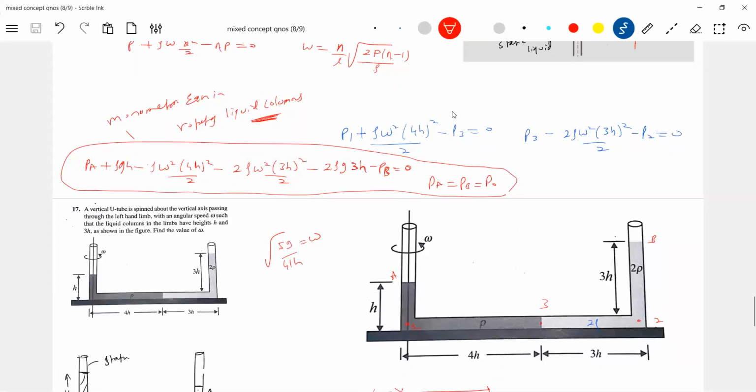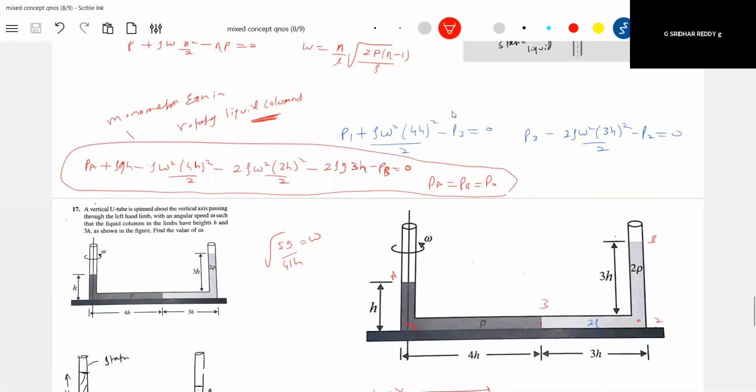Okay, I will wind up the class. Thank all of you. I'll give some assignments, small problems, not lengthy, which are purely objective oriented. So try to work them out. Any doubts you can clarify. Today I'll upload the assignment.